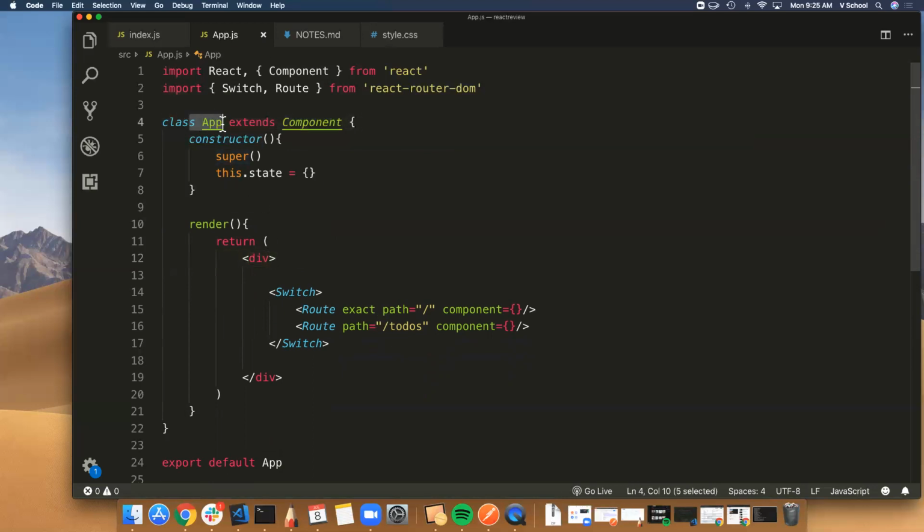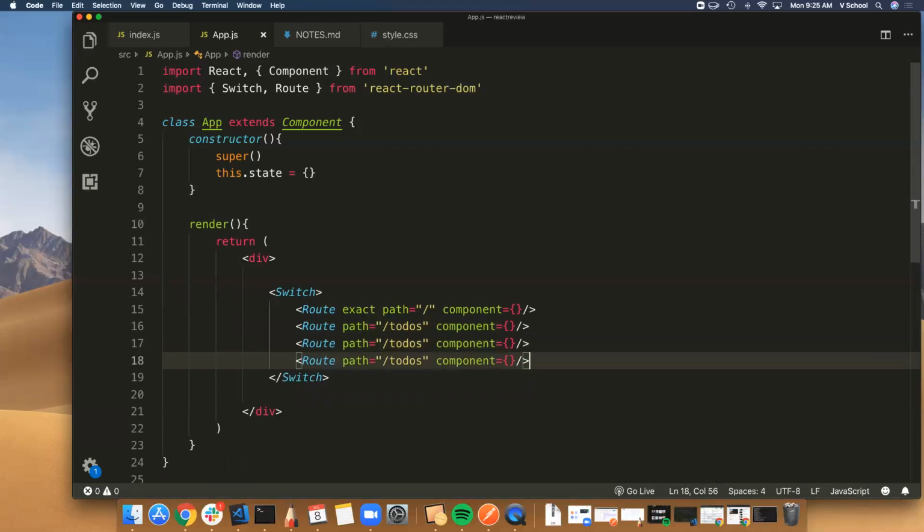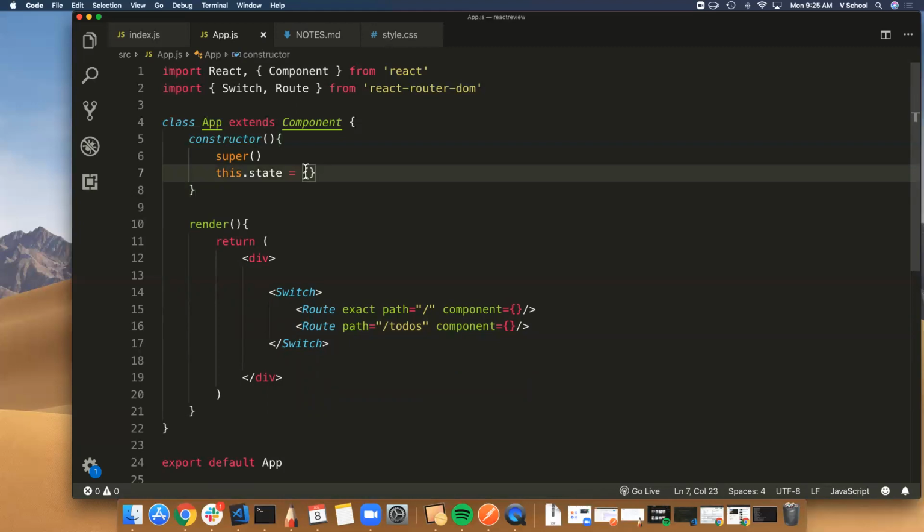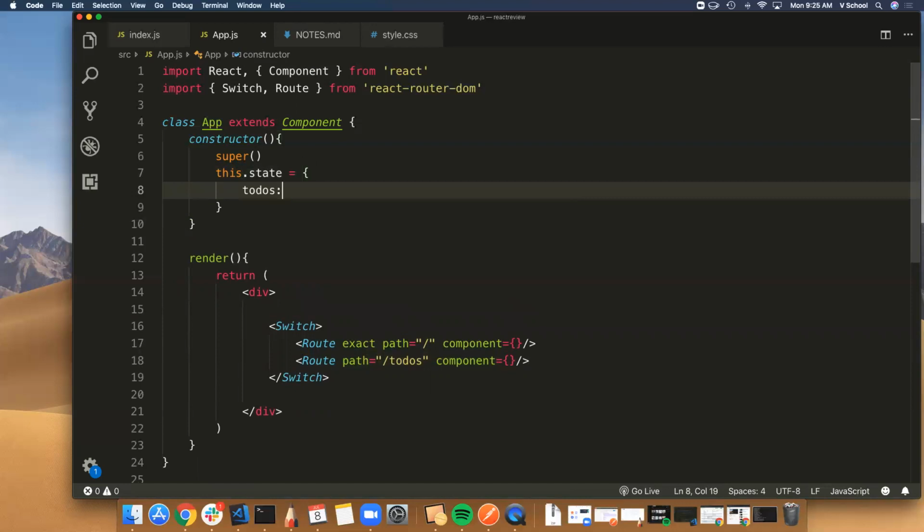App would probably be the best choice. No, right now, this is the only one that's going to need it. I could make whatever component this loads the class and keep this one functional. But later on, if I add more routes and those routes happen to need that data, then yeah, App would probably be the best choice to start with. So we're going to do this here